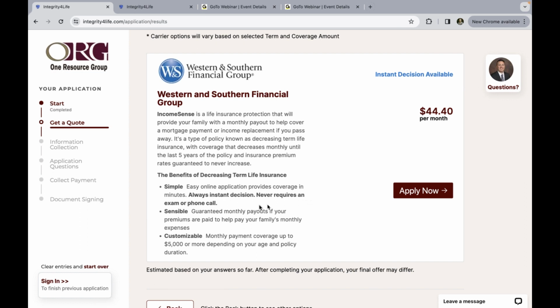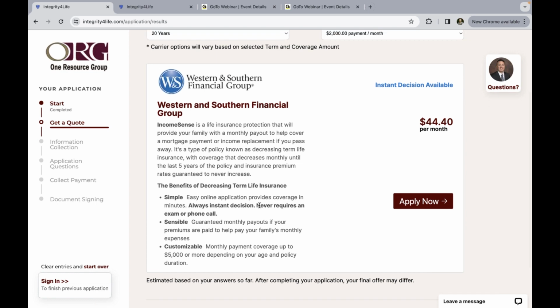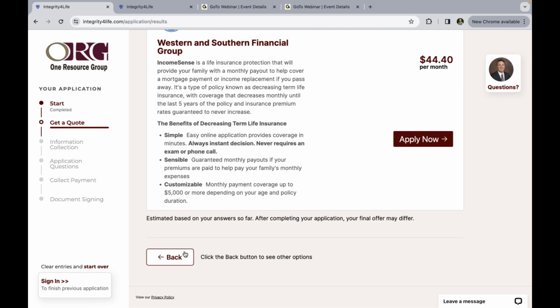So it's not the traditional lump sum payout that we're used to, but it's a unique offering for you as the advisor to where it's an ideal situation for somebody like me that just got a new mortgage, or somebody that has an existing one, or somebody that wants straight up income protection, to where I can go